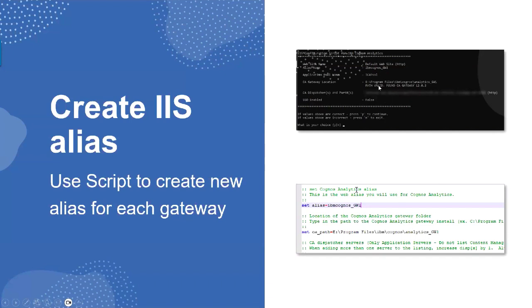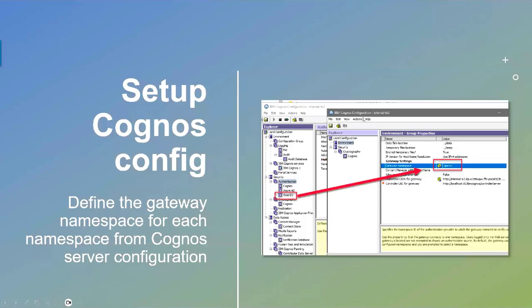And go ahead and run it. It's going to validate everything and everything looks good. Hit yes, it'll create all those directories for you, which saves you a ton of time and avoids any kind of fat finger errors. And then next step is you're going to have a new Cognos configuration available for this